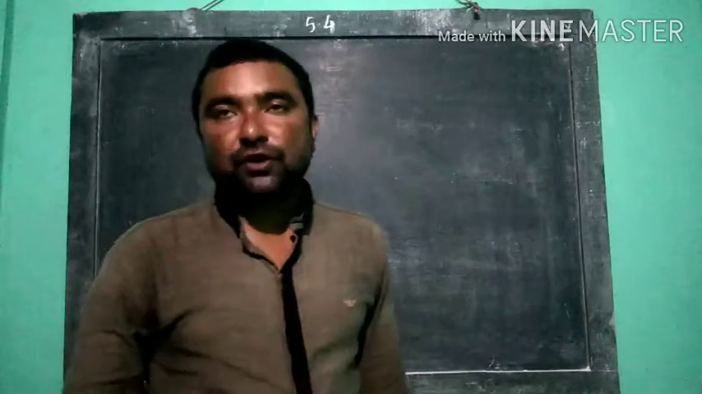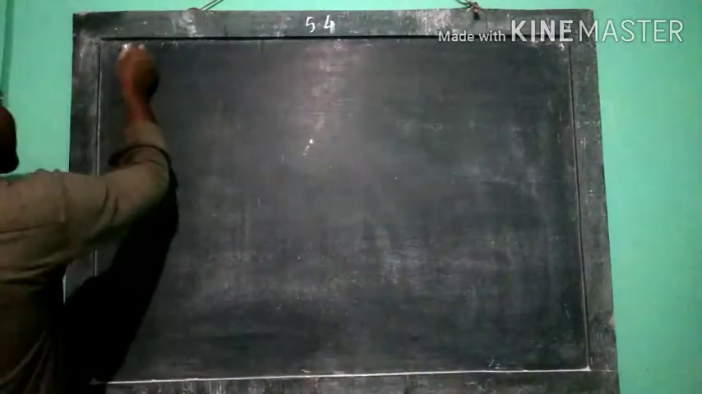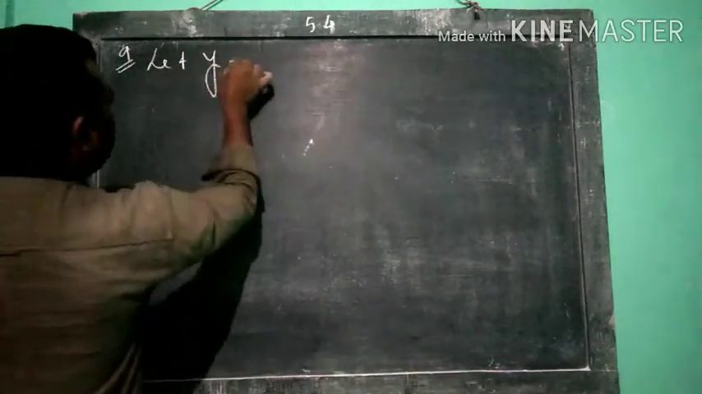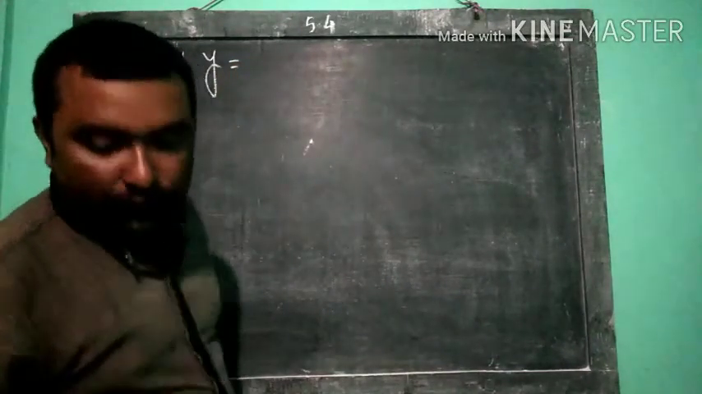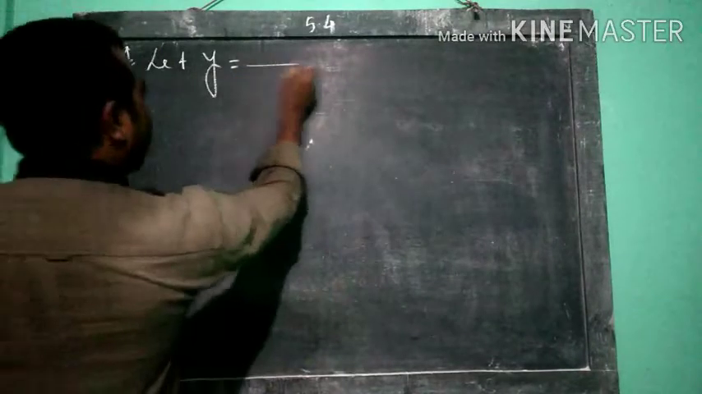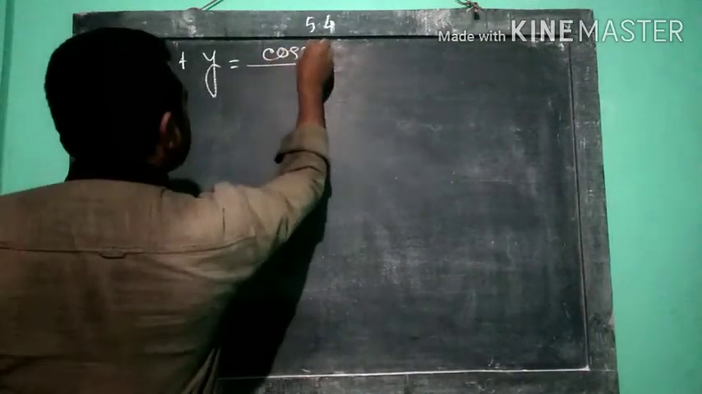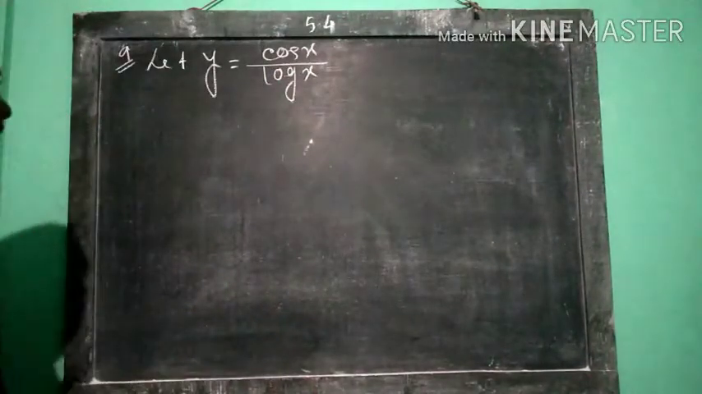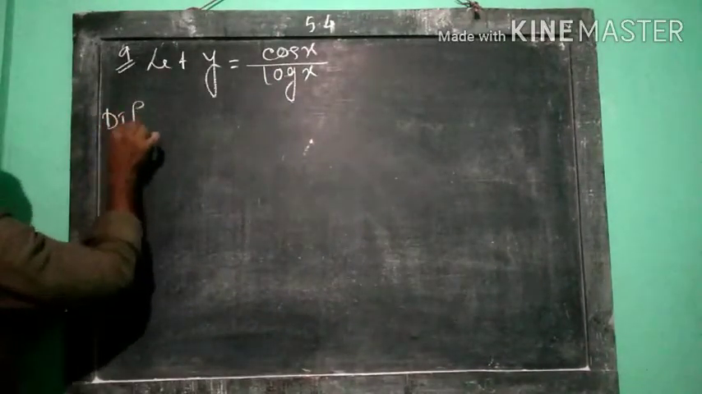Now we are going to solve question number 9. Let y equal cos x by log x. Differentiating with respect to x,